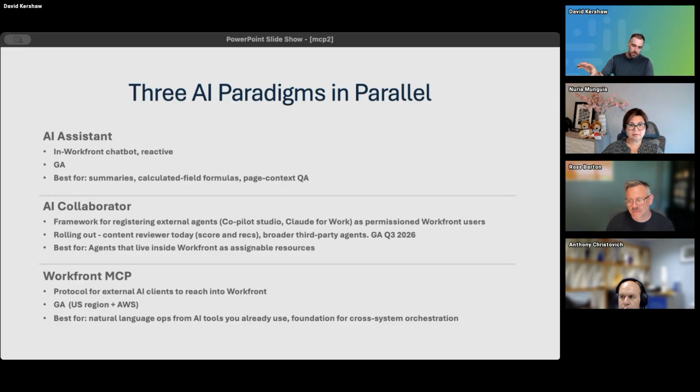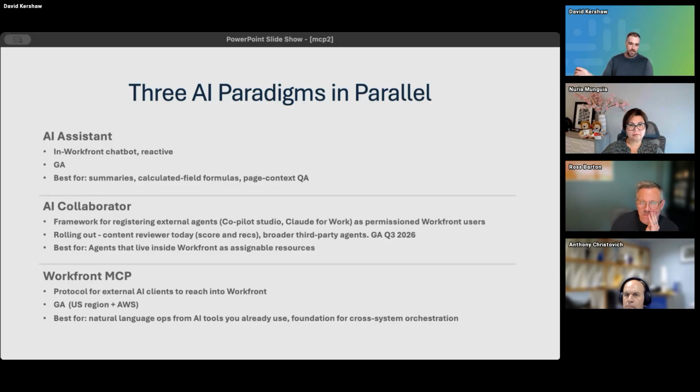It's an in-Workfront chatbot that you can talk to. It's really good for summarizing what's on the current page, and it's really good with documentation, so asking, how do I do this? How do I do that? What's the right setting for this? Sometimes I don't know what setting to use and it will tell me.